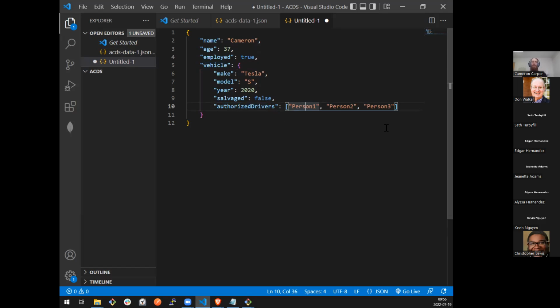In this somewhat simple example, I've provided string values. It doesn't have to be strings. It could be numbers. It could be Booleans. Where things start getting even more flexible is this can be literally any type, which means that the items in this array could be objects. And those objects can have their own properties. Those properties could be arrays. Those arrays could have objects inside of them, which could have arrays inside of them.